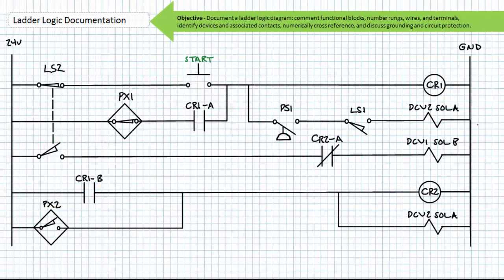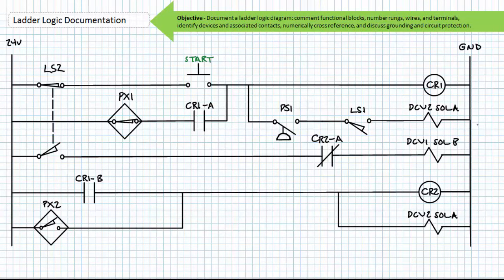Finally, if you're up for it, here's example problem 3. Note I did not include a brief functional description on the right-hand side because I don't want to confuse you. However, I did properly identify devices and their associated contacts. Note I'm not using a color scheme for this particular example problem. I leave it to you to number the rungs, wires, and terminals of all devices and numerically cross-reference logical elements